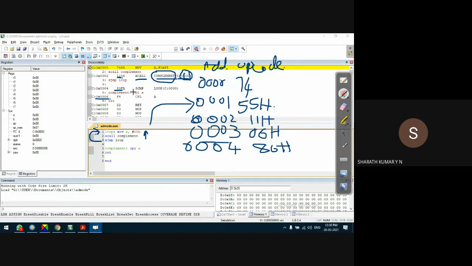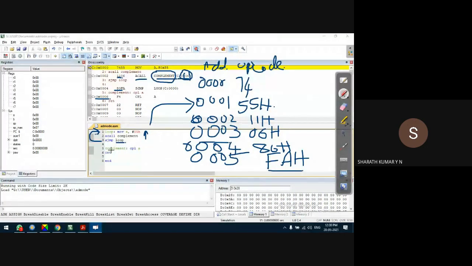The target address is FA, which is stored at 0005. How this FA is calculated, we'll discuss later, for that we need to take a program. For now, understand that the compiler represents loop with the hexadecimal value FAH, an 8-bit address. No problem.